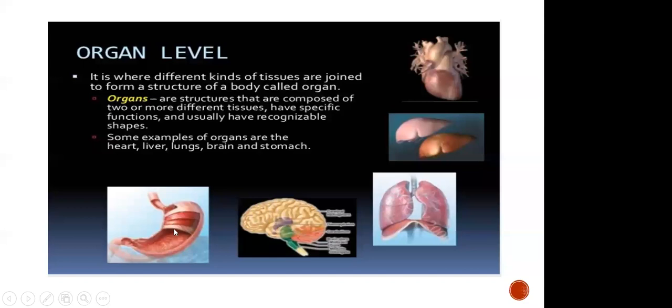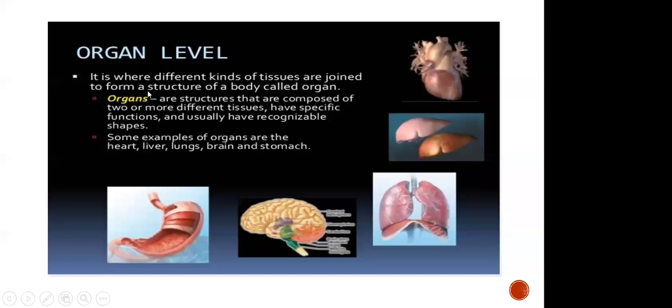A single organ cannot perform all the functions in a multicellular organism, isn't it? A single organ cannot compose a full body, isn't it? So organs are grouped to form an individual organism. All these are the organs which are present in the organism. Let us see the next level of organization.